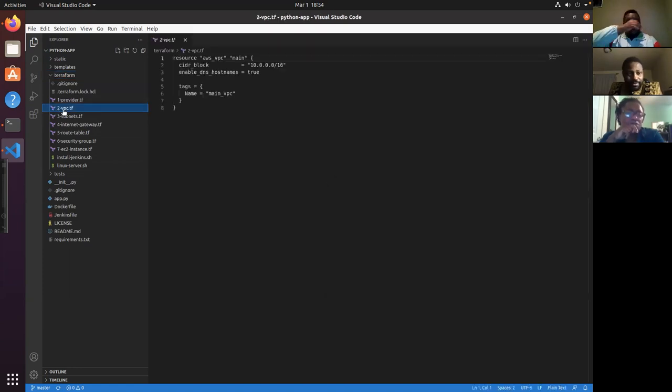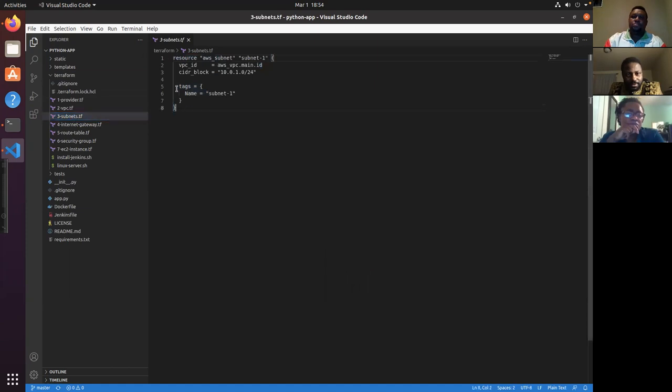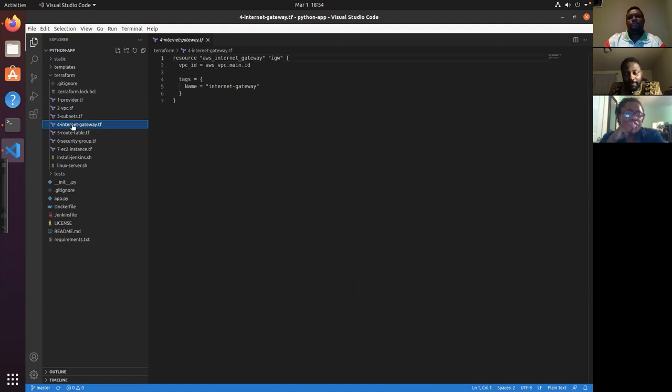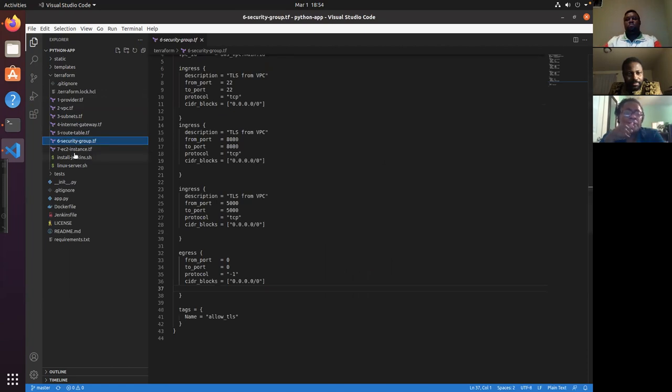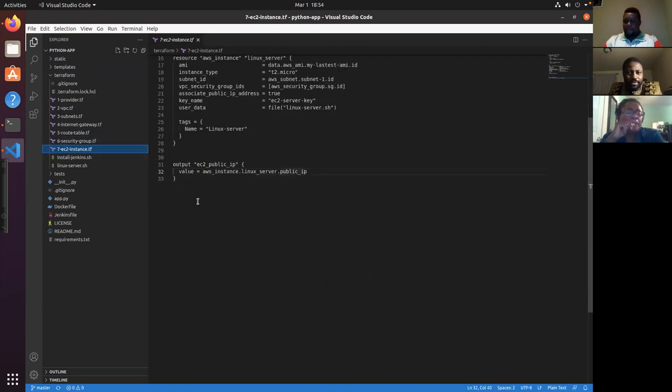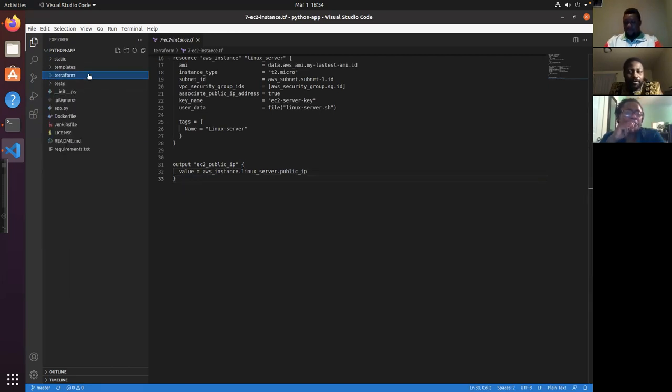Like this is the VPC, to create a subnet, internet gateway, route table, security groups. This is the instance. So Terraform is just to help us create the server, the EC2 instance where we will be deploying